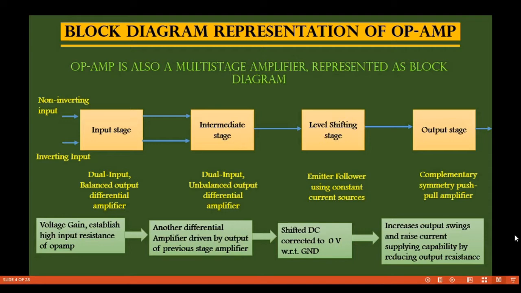So in this diagram we have seen that the two important stages, the input stage and the intermediate stage, have a differential amplifier. This differential amplifier is the basic building block of the operational amplifier. The differential amplifier, as the name implies, amplifies the difference between the two input signals which we are applying at the inputs,